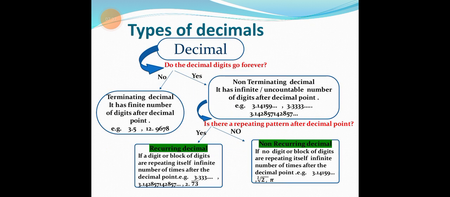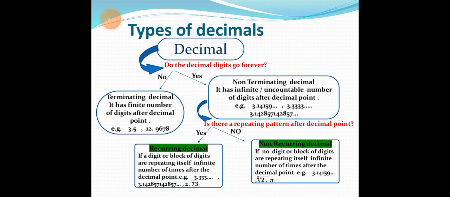Now, types of decimals. You should know what the different types of decimals are. Do the decimal digits go forever? There are two cases in it: in case it's no, and in case it's yes. For the no, the reasoning is terminating decimal: it has a finite number of digits after the decimal point, like 3.5,